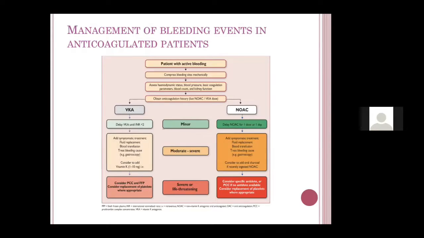And fresh frozen plasma or single donor plasma or platelet precipitate can be given. In NOACs, we do not have much option. Once the patient bleeds, though the antidotes are there, they are very costly and it is very difficult to get them also. So if your patient bleeds on a NOAC, you have no other option. You just have to stop the NOAC, and then you manage symptomatically, like managing the blood loss by giving either fluid or dextran, or a blood transfusion, and platelets and all. FFP doesn't help much in those cases.